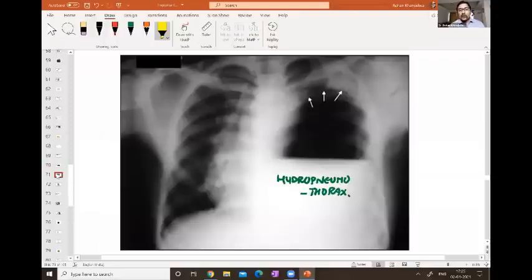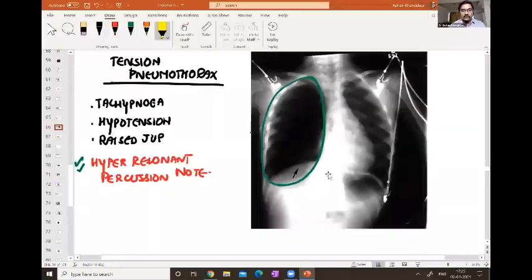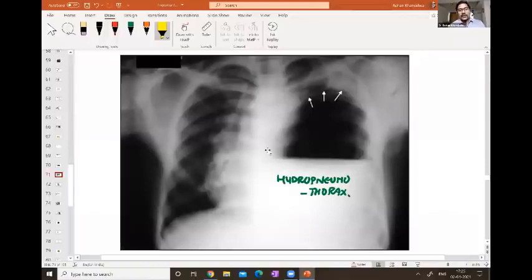This is hydropneumothorax as compared to the previous image which I showed to you of pneumothorax. That was the image of pneumothorax where only black was there, but here you have an air fluid level as well. So this is hydropneumothorax. If it is a hemothorax, if it is because of blood, then we put in a chest tube. So the management of hemothorax is you put in a chest tube.